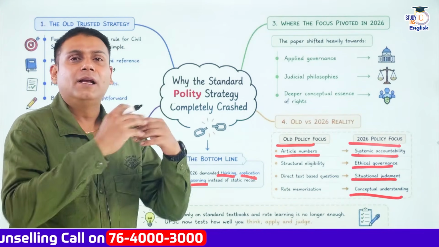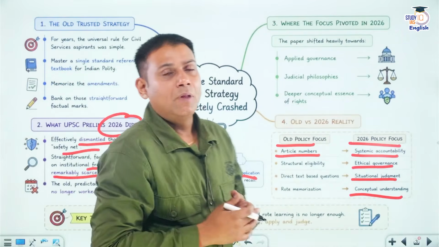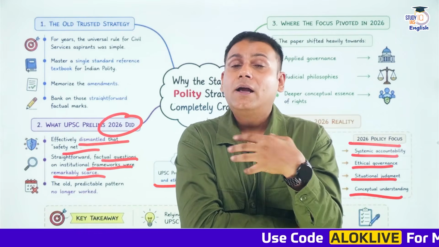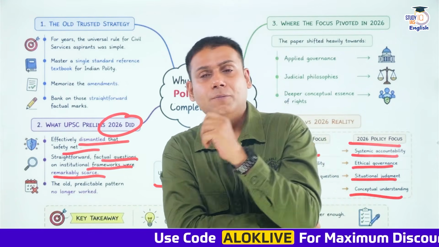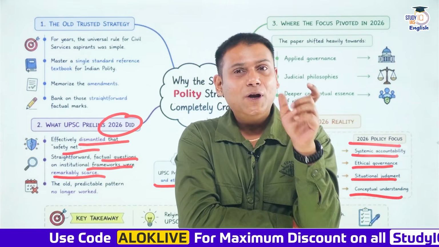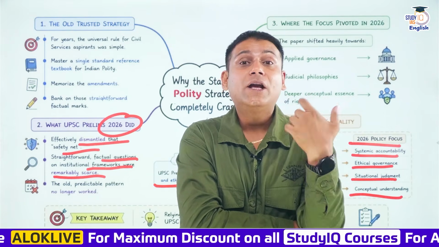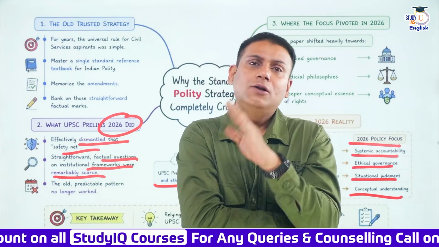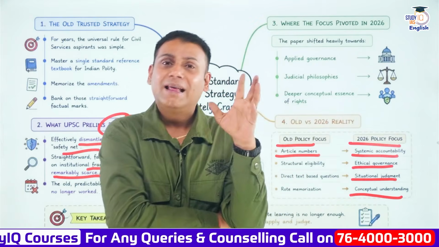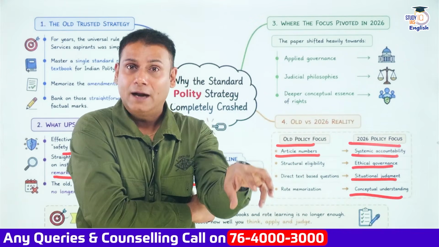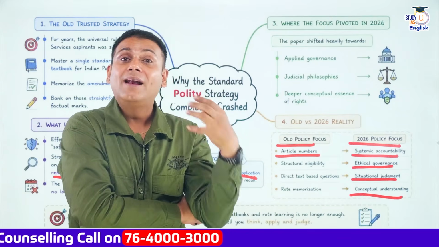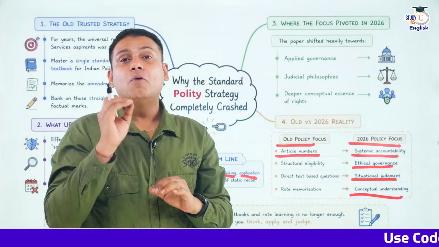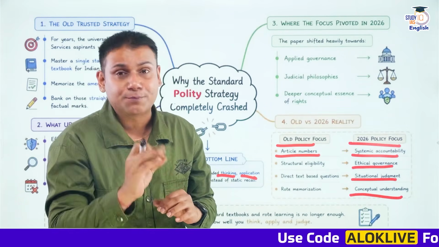I'll give you a very simple example related to polity. Suppose you're reading a newspaper, The Hindu or Indian Express, and you're reading a judgment given by a High Court or the Honorable Supreme Court of India. Just below that article, there is also the interpretation of a particular article related to the judgments. Different writs of the Supreme Court and High Courts have been mentioned in that article. Try to dive deep into that, so that you develop an analytical understanding of questions related to polity.